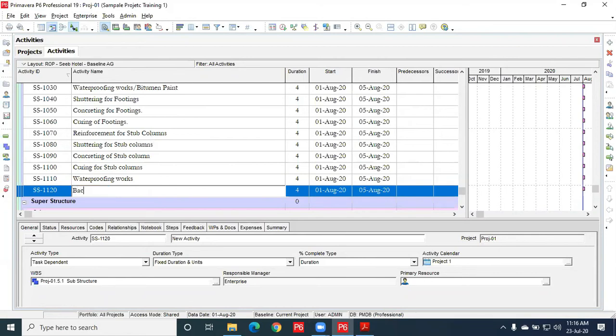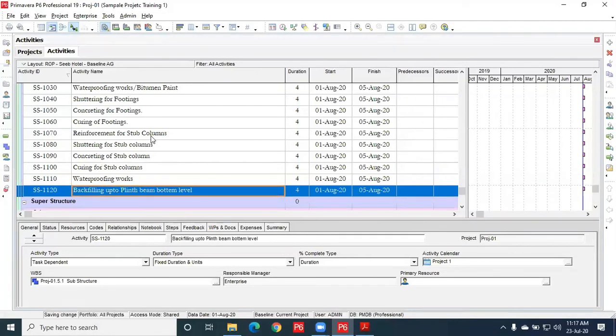Now backfilling up to plinth beam bottom level, so insert.